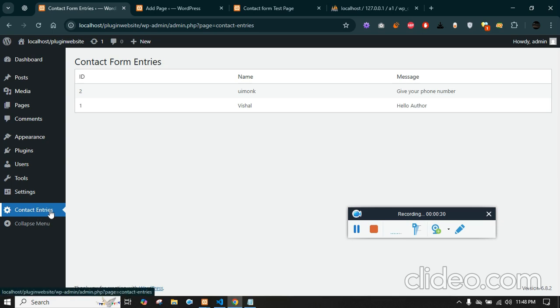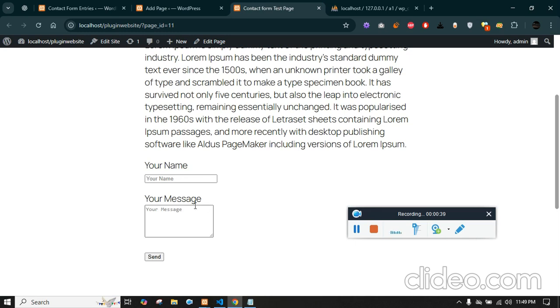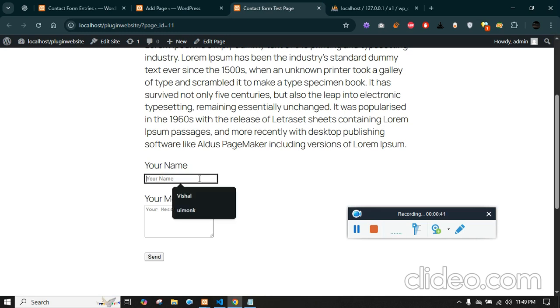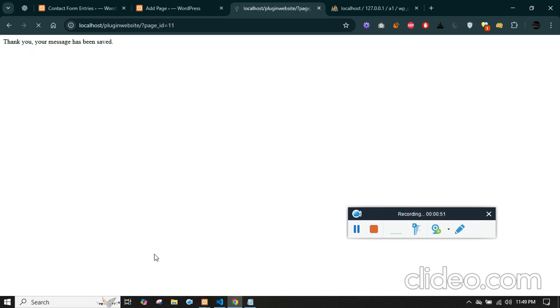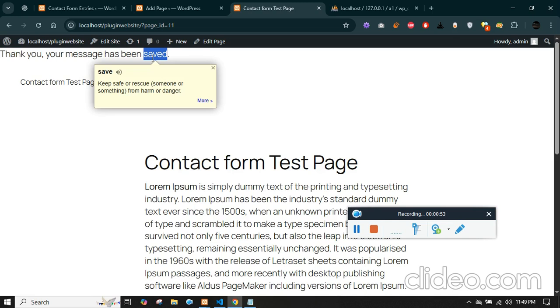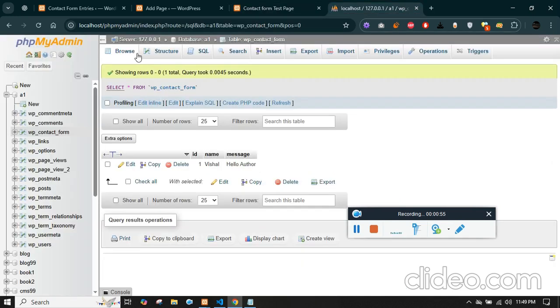You can see I have created a custom page called contact entries, and these are the values that were entered by the user. Let's say me pretending to be a user. Let me just type my name and some message, and if I click on send, you will see a custom message. That doesn't matter. Now these values should get displayed on this particular table,